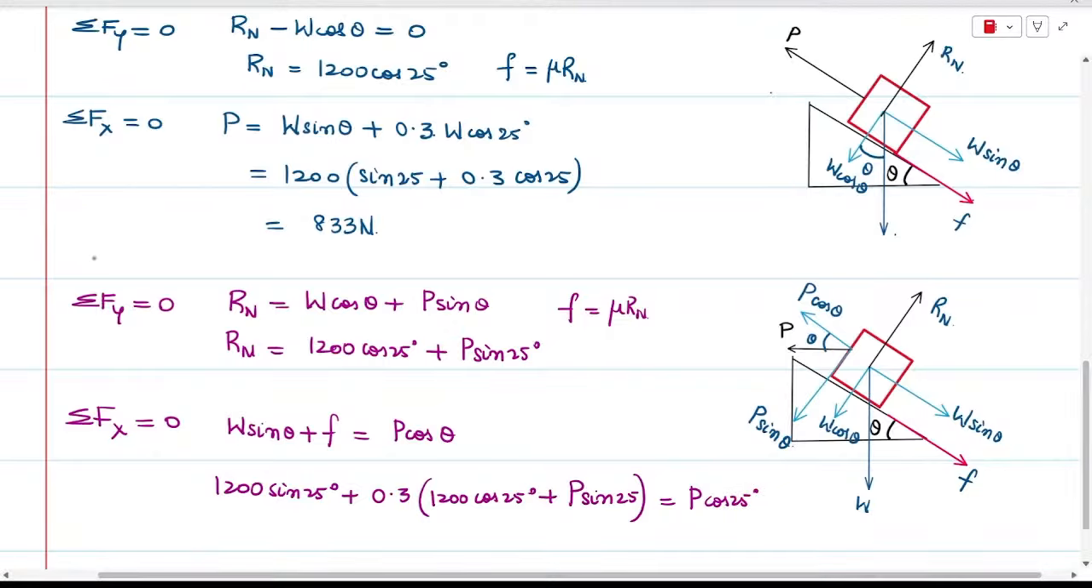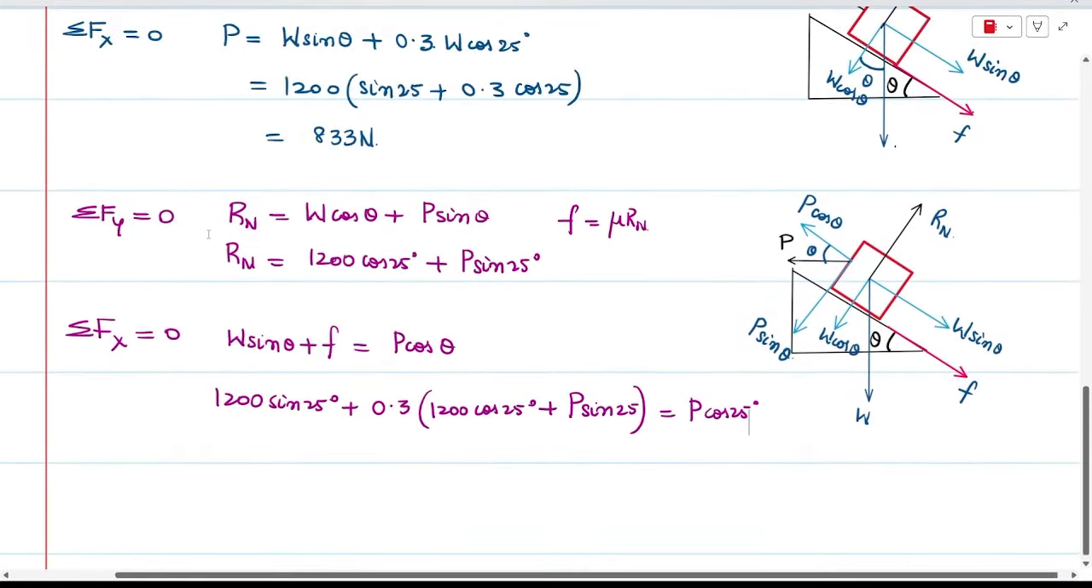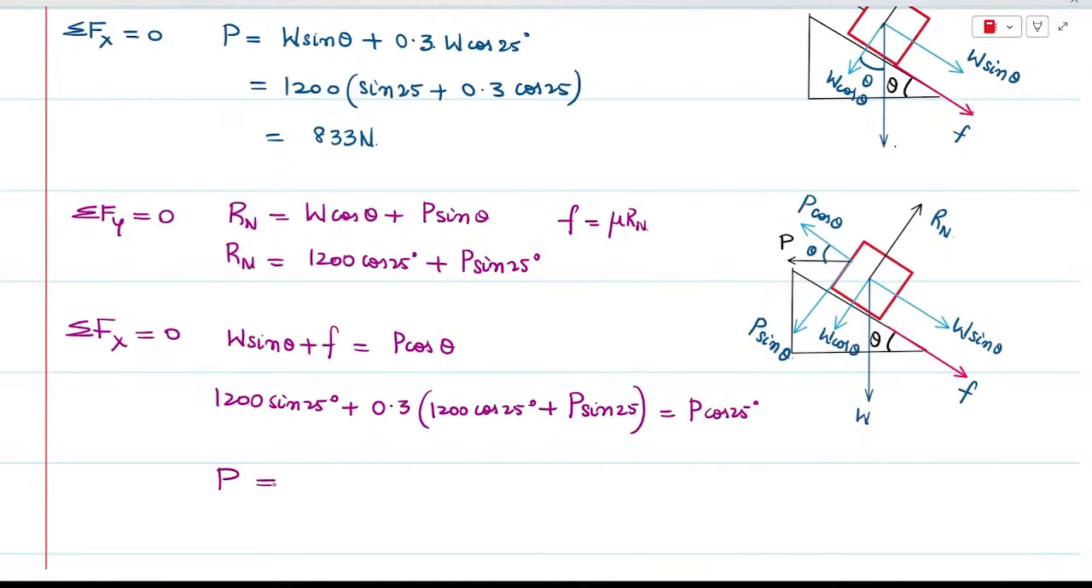Now what we get is, the value of P will be equal to 1200 sin 25 plus 0.3 times 1200 cos 25, whole divided by... So I can do one thing, I can take the P on the other